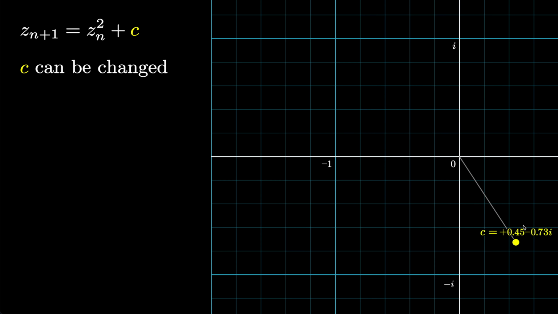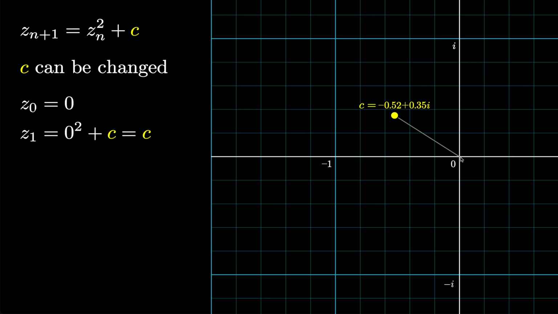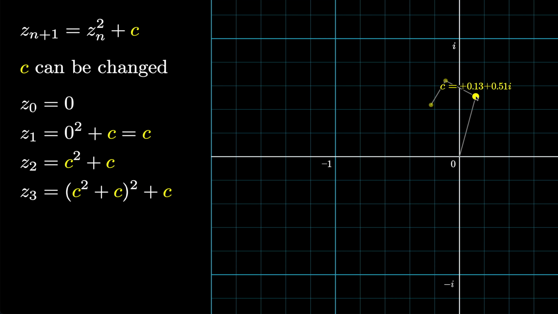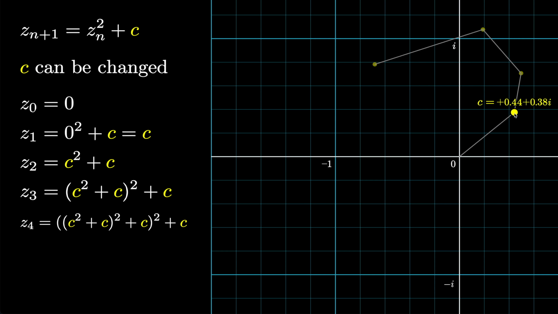For the actual iterative process, we will always start with an initial value of z equals 0. So after iterating this function once, doing z squared plus c, you get c. If you iterate a second time, plugging in that value to the function, you get c squared plus c. And as I change around the value c here, you can kind of see how the second value moves in lockstep. Then we can plug in that second value to get z3 and that third value to get z4 and continue on like this, visualizing our chain of values.